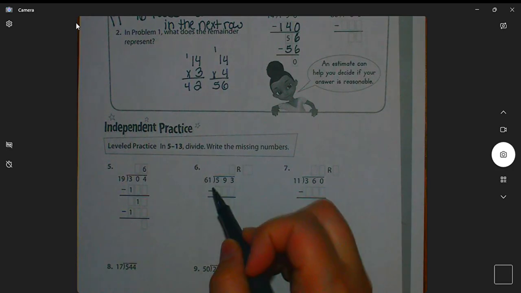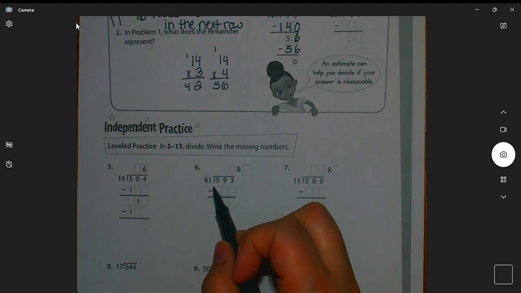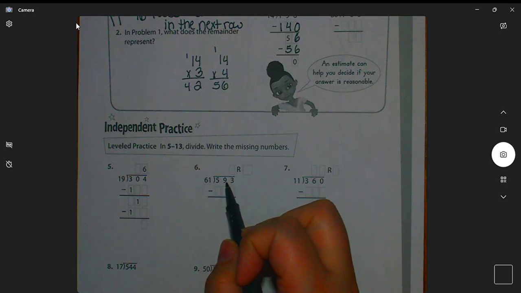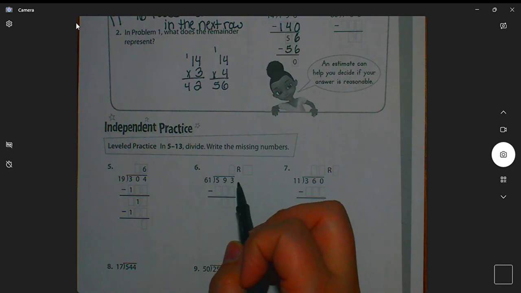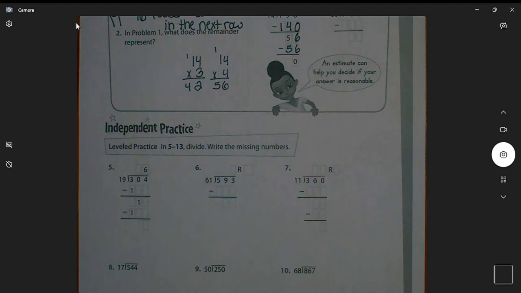Can 61 fit into 5? No. Can 61 fit into 59? No. Can 61 fit into 593? Yes. So I'm going to start off with 61 times 10. I always encourage my students to start with times 10, and if they need to, they can work backward by ones. 61 times 10 gives me 610. That's too much. So I'm going to back it up to 61 times 9,